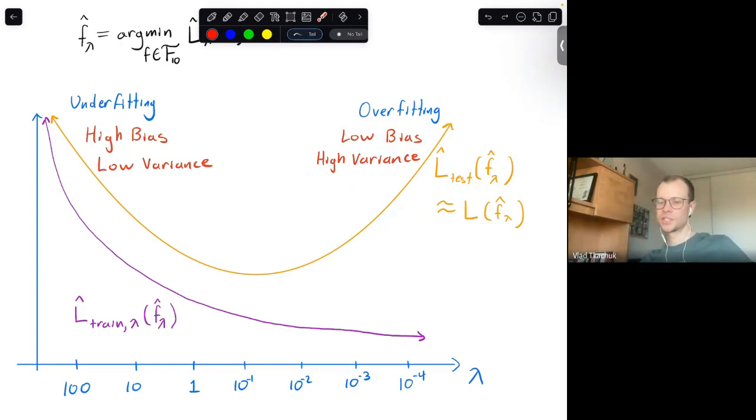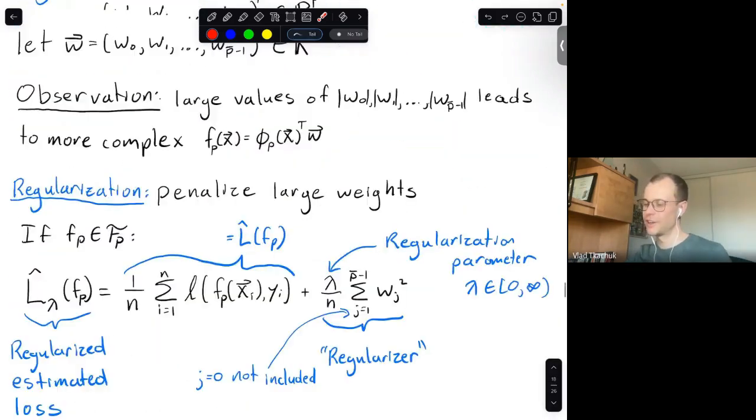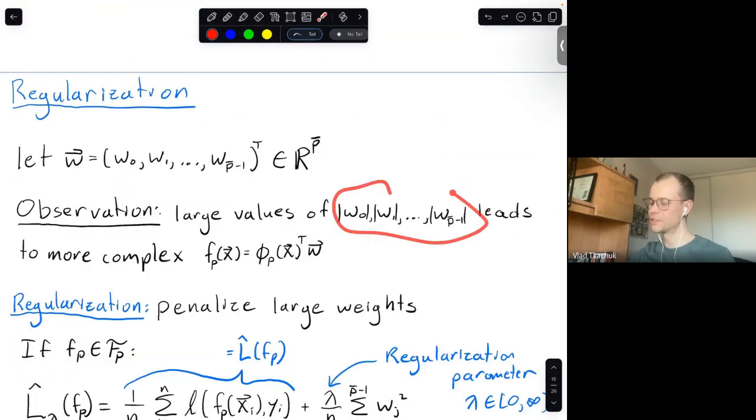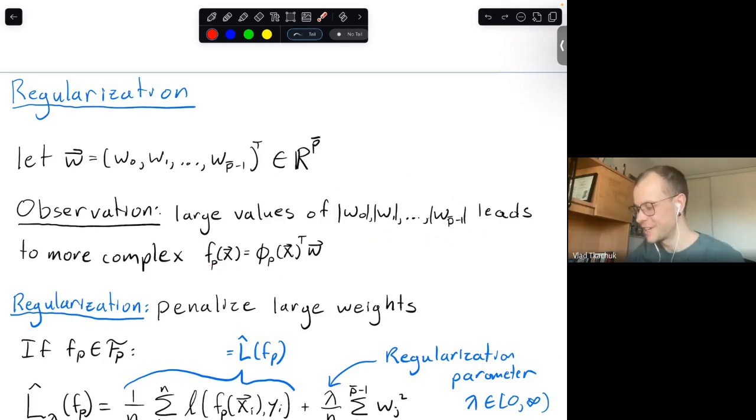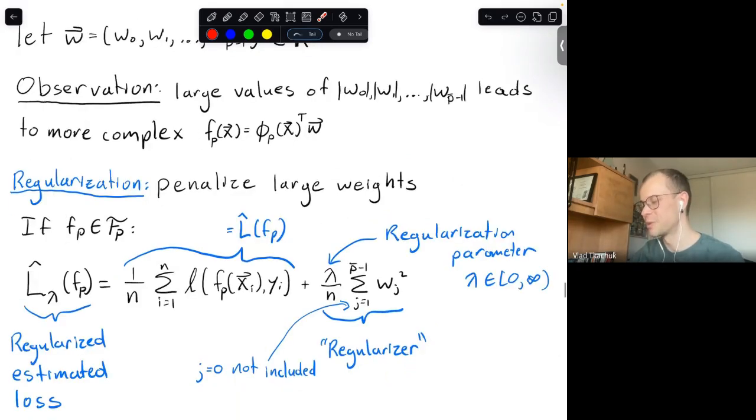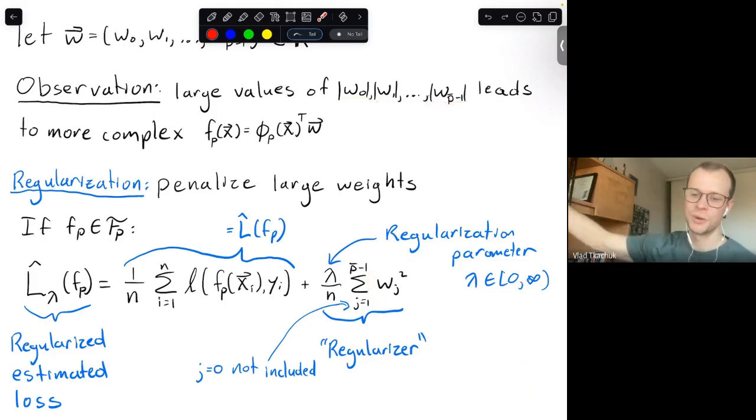And there was a brief question about why this observation of these weights being large would mean something's more complex. Roughly speaking, one way to think about it is that here you're summing up all the weights. So if you just remove some of the weights for the larger degree polynomial terms, then this thing gets smaller, and you can think of it as having removed some larger